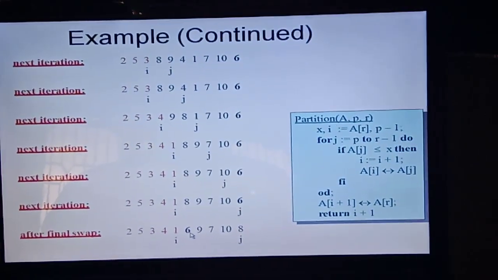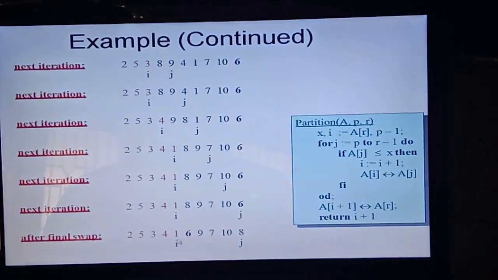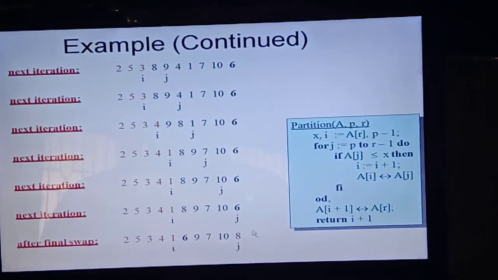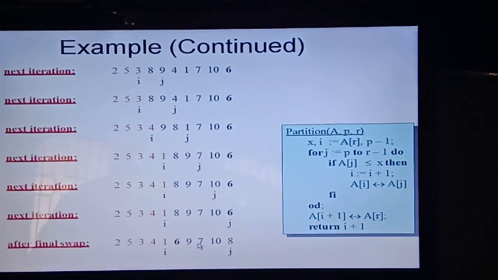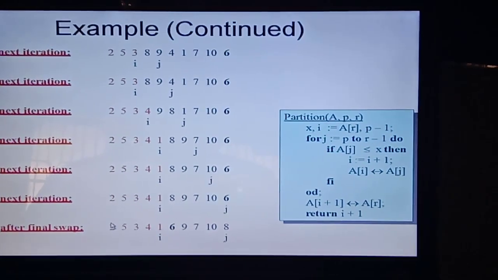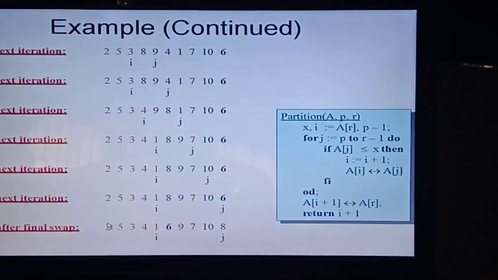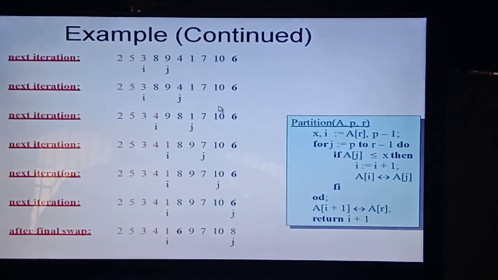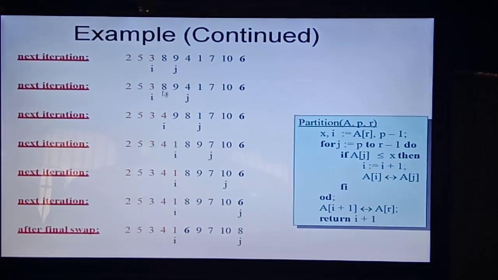That is, elements in the left partition of 6 are less than 6 and elements in the right partition are greater than 6. And again, you can recursively call quick sort on the first half and second half in a similar manner. So you have to check carefully in this example.